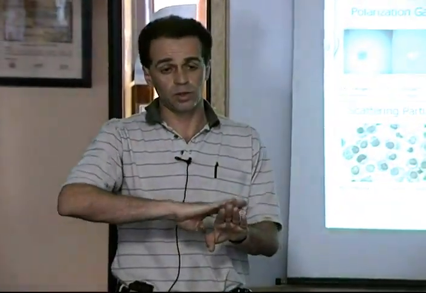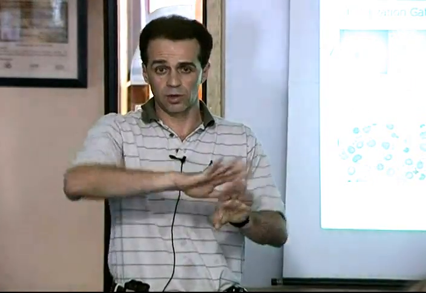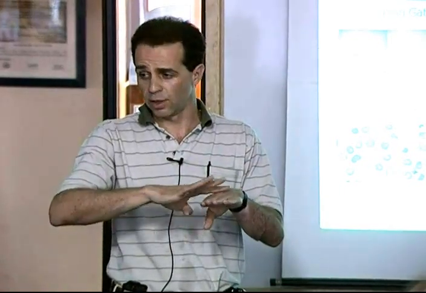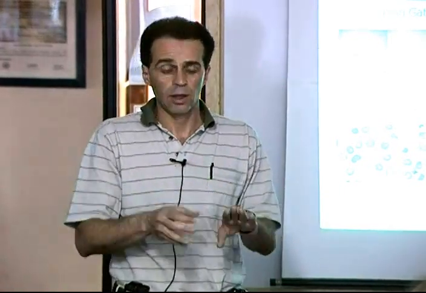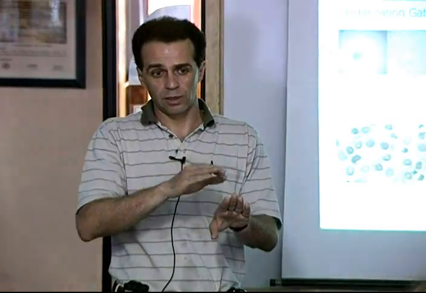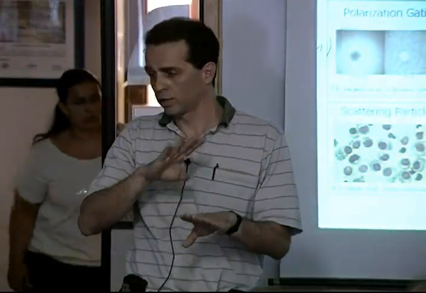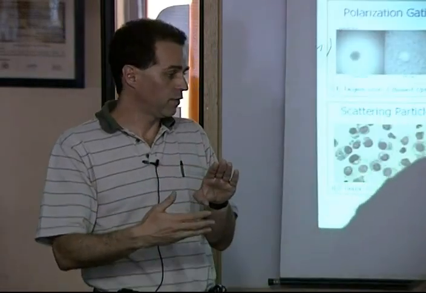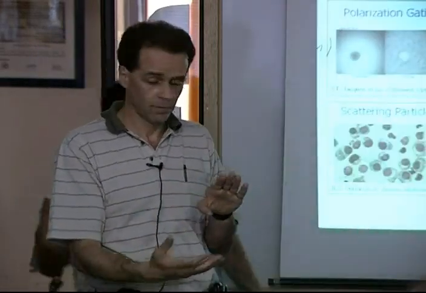So you can eliminate surface reflection, for example, by using cross polarizers. So if you want to see subsurface skin details, the epidermis, the dermis, and you're not interested in what's happening in the stratum corneum, which is the very top layer of the skin, you can simply use cross polarizers and eliminate that specular reflection. Conversely, if you want to isolate the stuff that is scattered a lot at the bottom,